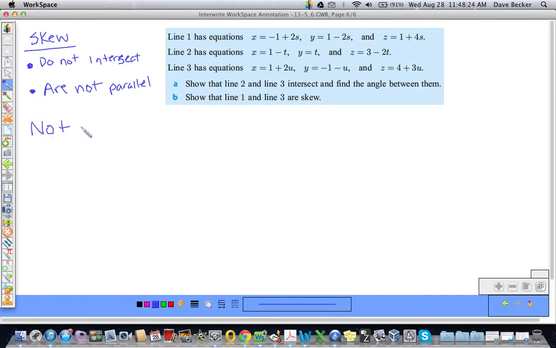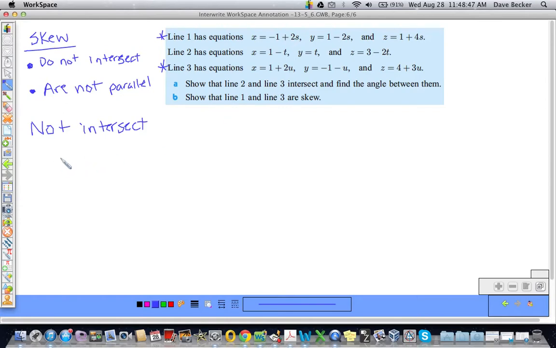We'll do that over here. They do not intersect. How are we going to show that? Well, if we try to solve for their intersection point, then we should have no solution. And we are talking about line 1, just so we don't mess up here, and line 3. Okay, so we're going to say that